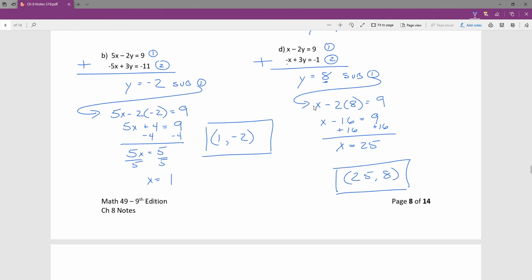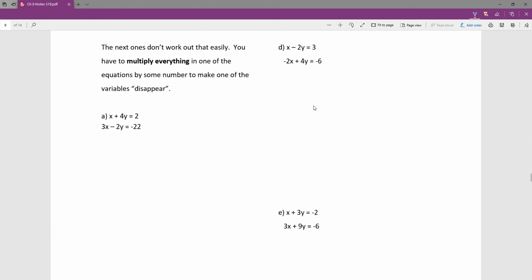So the next page, things don't work out quite so easily. In these ones, you need to do some work to make it so that one of the variables disappears. You have to know how to do that magic in a sense. And so in system 1, I've got equation 1 and equation 2,